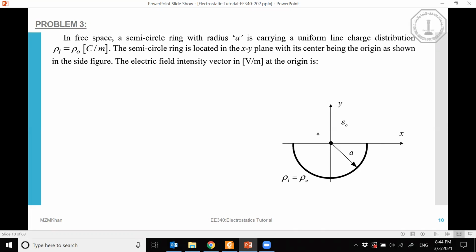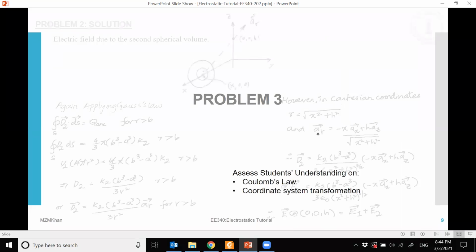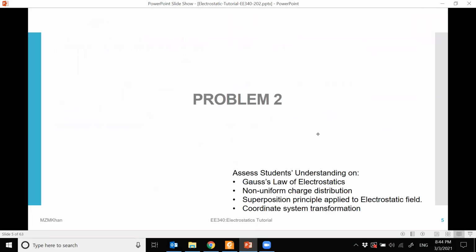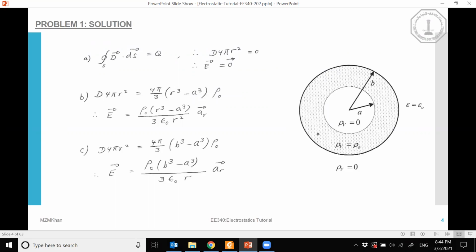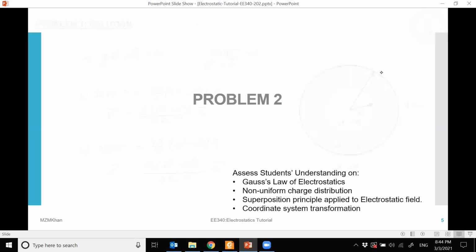So this is the thing, guys. When a question appears to you, I always tell my students to pause for 1 or 2 minutes, read the question, and first find what approach you are going to take. In the previous examples, we used Gauss's law. Why did Gauss's law come to mind? Because symmetry is there. That means your electric field or your magnetic flux density is only a function of r, and therefore it's much easier to put a Gaussian surface and apply Gauss's law and get the field. But in this problem,